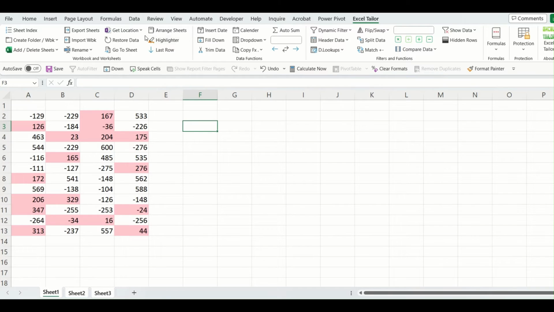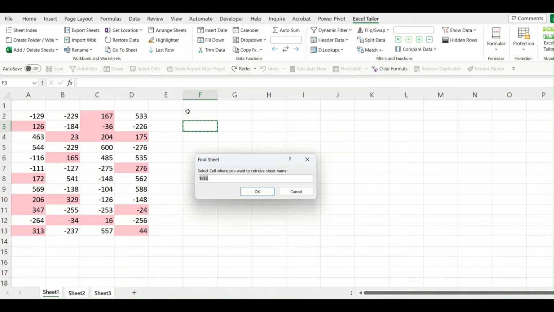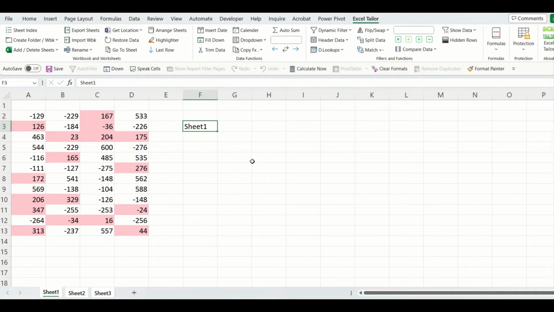I will select a cell like this. I will click on get location and click on sheet name, right? And I will click on OK. So once I click on OK, the sheet name is retrieved in this particular cell of each and every sheet,